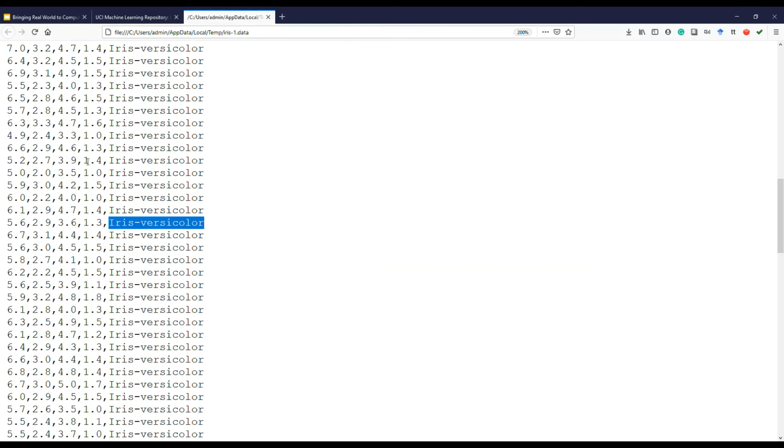Now, once you see this description, you can understand that every flower is described by these four values. The first value, because it is ordered, for every sample, for every description, the first value refers to sepal length, the second value refers to sepal width, petal length, and then petal width, right? So this is an ordered list.